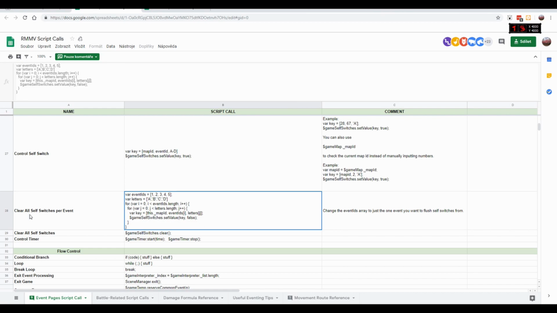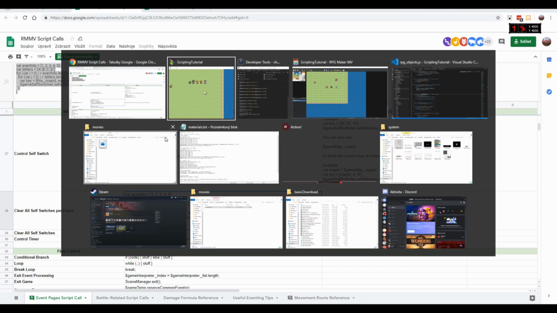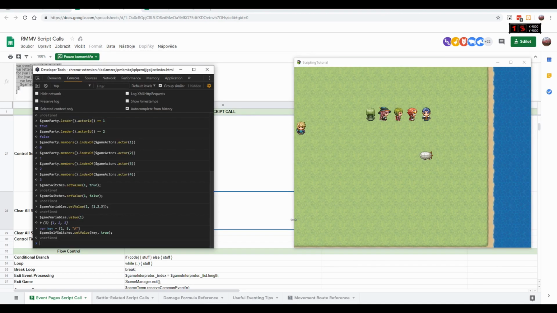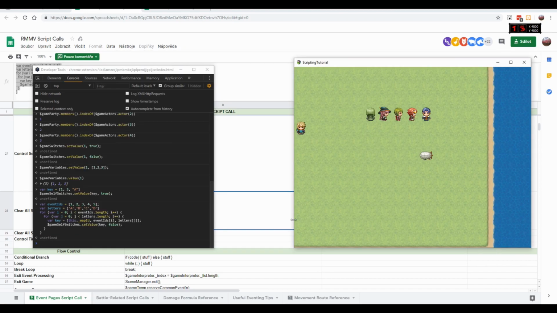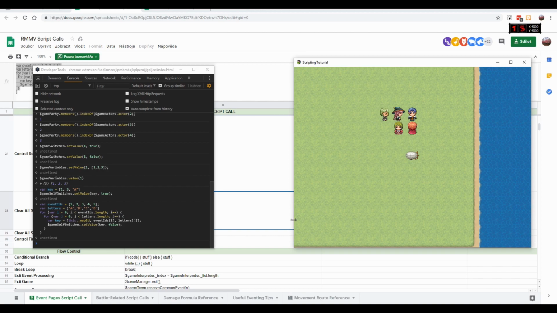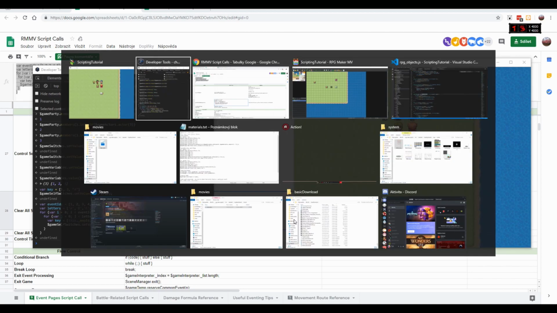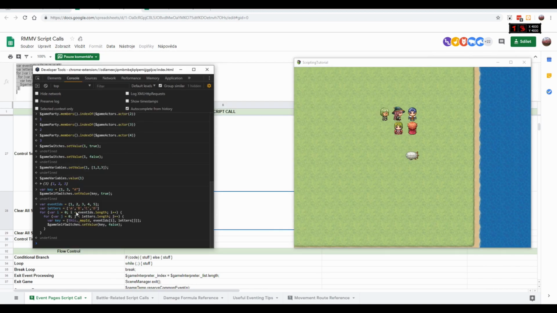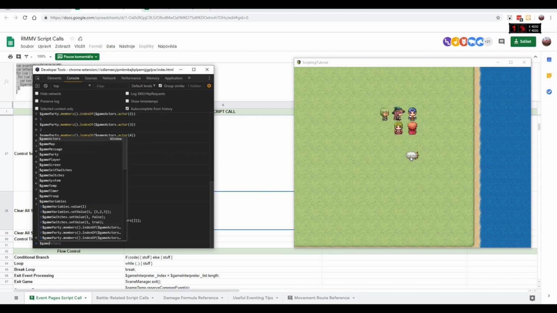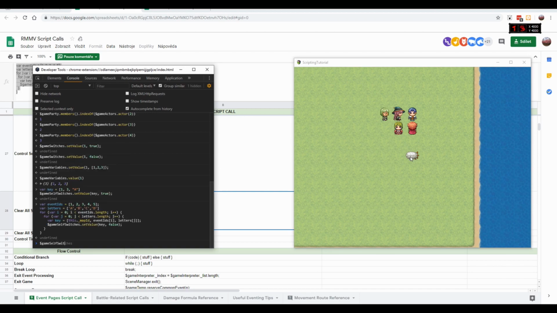This is how you clear all self-switches per event. It should work without an issue. Oops, something is wrong. So let's try to set it manually. Game self switches dot set value